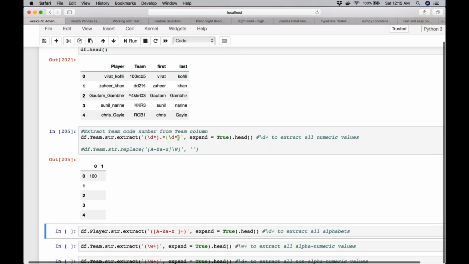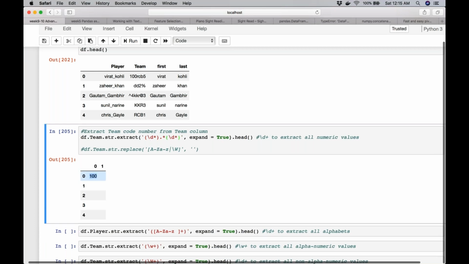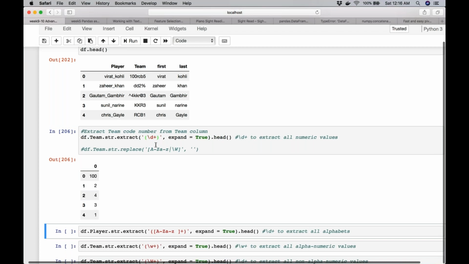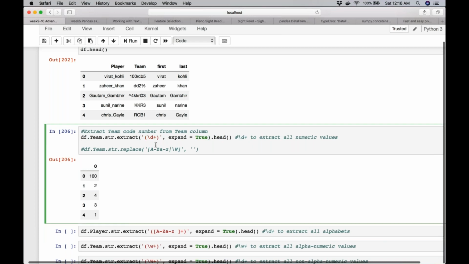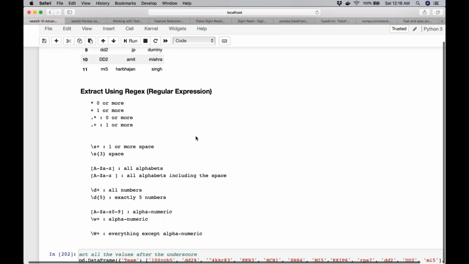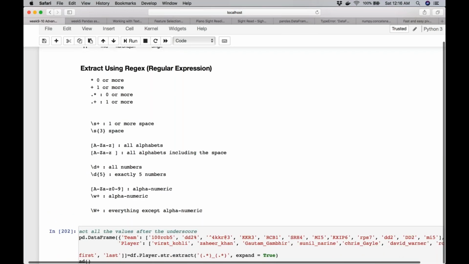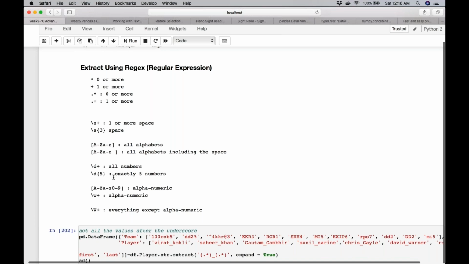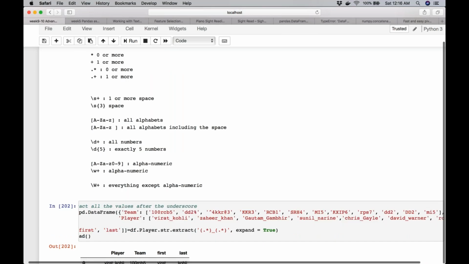So we can use a star instead of that. But still it is capturing that and then ignoring the rest. So this was purely extracting one set of numbers, and numbers you extract using backslash d. So the key thing here is to remember the most commonly used ones. Dot star is extracting everything. This is the gist of the regex arguments. Backslash s is space, you don't have to worry about it too much. But a to z is all the alphabets, backslash d is number, and backslash w is the characters.